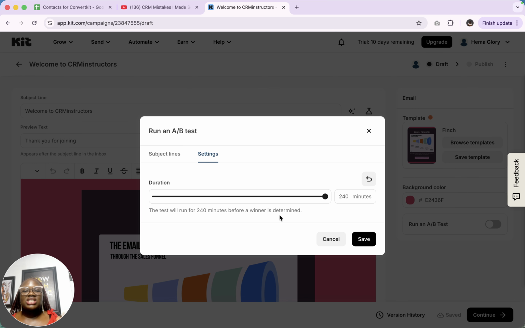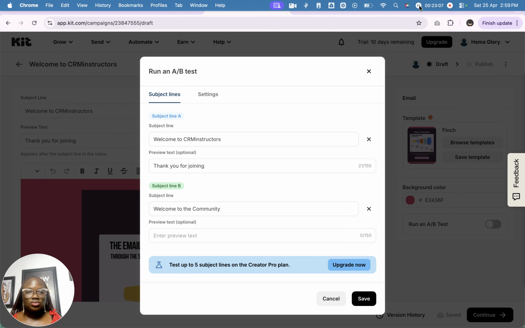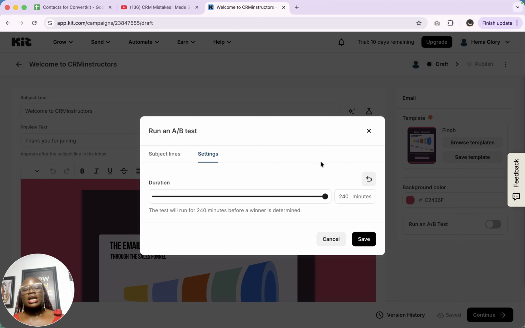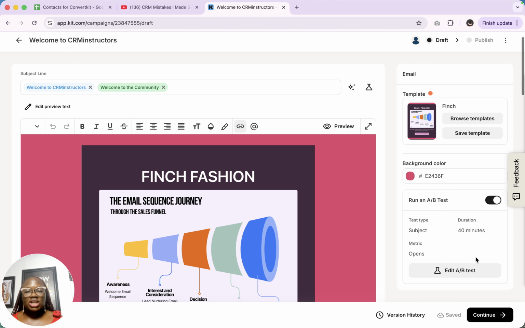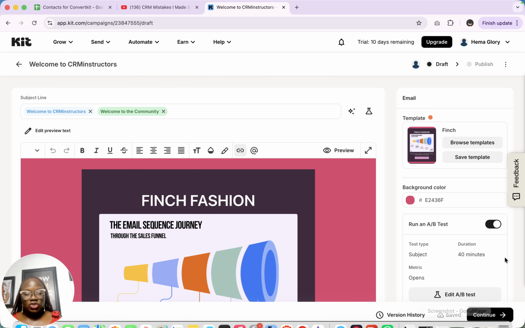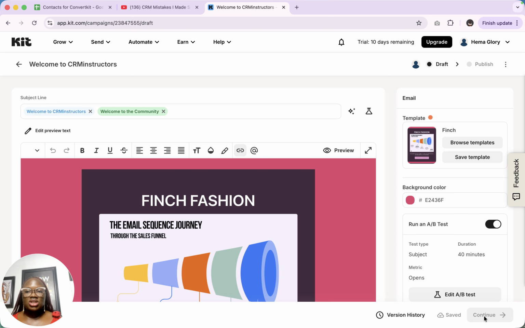So that means if you send out this campaign, we can say that after this email campaign is sent, then maybe after 40 minutes or 240 minutes or 100 minutes, we will be able to determine the winner for this campaign. So when you are done, you click on save, and that is going to save your A and B split test. So you can also decide that when you're done, you click on continue,